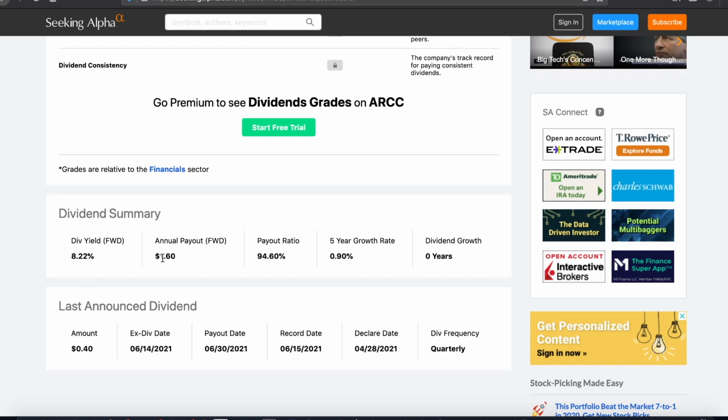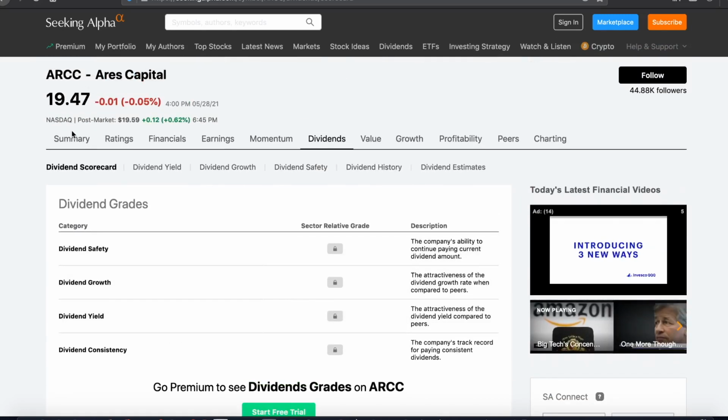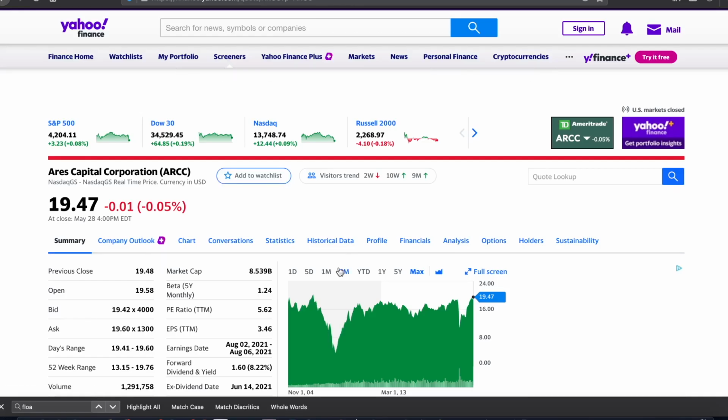Right, so if they're paying $1.60, $1.60 divided by 19.47 would give you that 8.22. So this pays quarterly, 40 cents, which times 4 a year would be the $1.60. Now, they're paying 94% of their profits out as dividends, which is why that company is staying at the price level